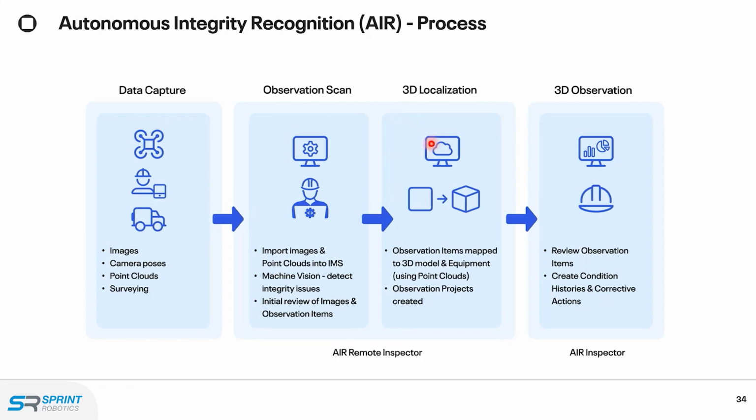You're going to map an anomaly to a 3D model. And we create an observation, right? That observation is an action item for a real inspector, for example. So we create the observation. It's not an issue yet. It's not an anomaly, but it's an observation that somebody has to review and classify as, yeah, we can neglect it, we can say don't do anything, but we can also say create a corrective action, fix that issue.